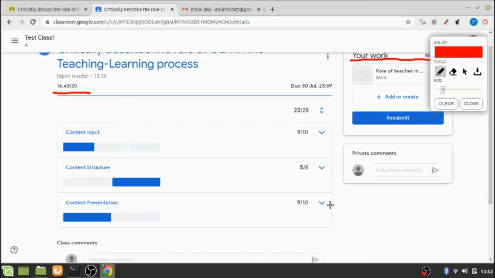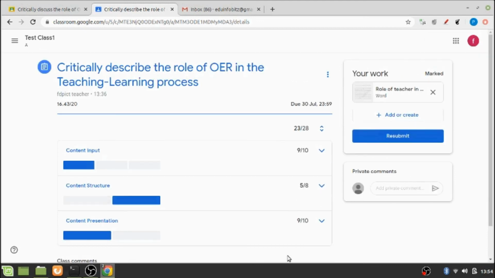In this way, we can see that through this rubric feature, Google Classroom has made the evaluation process much easier and time saving, and it is transparent as well for both the teacher and the students, because when the teacher adds a point against a particular criterion, the student is also able to see what he has scored against it, and thus he will be able to find out which are the areas where he or she needs to improve later on, or which areas he or she is already okay with.